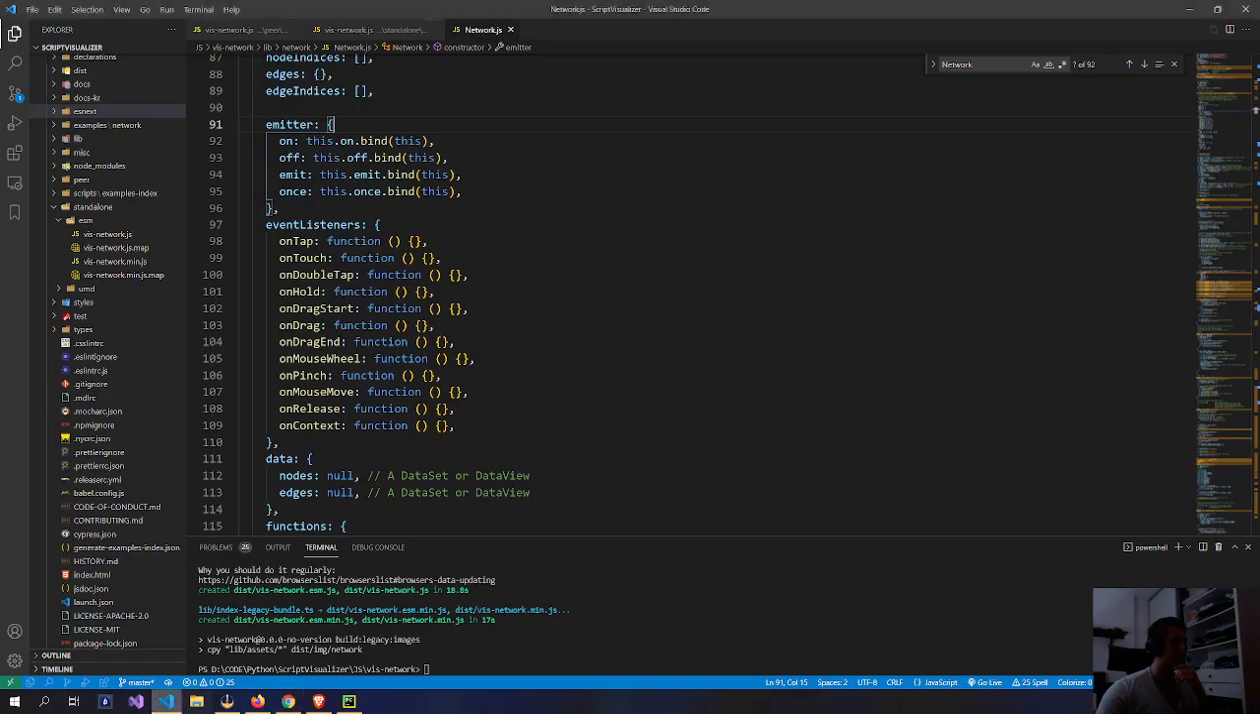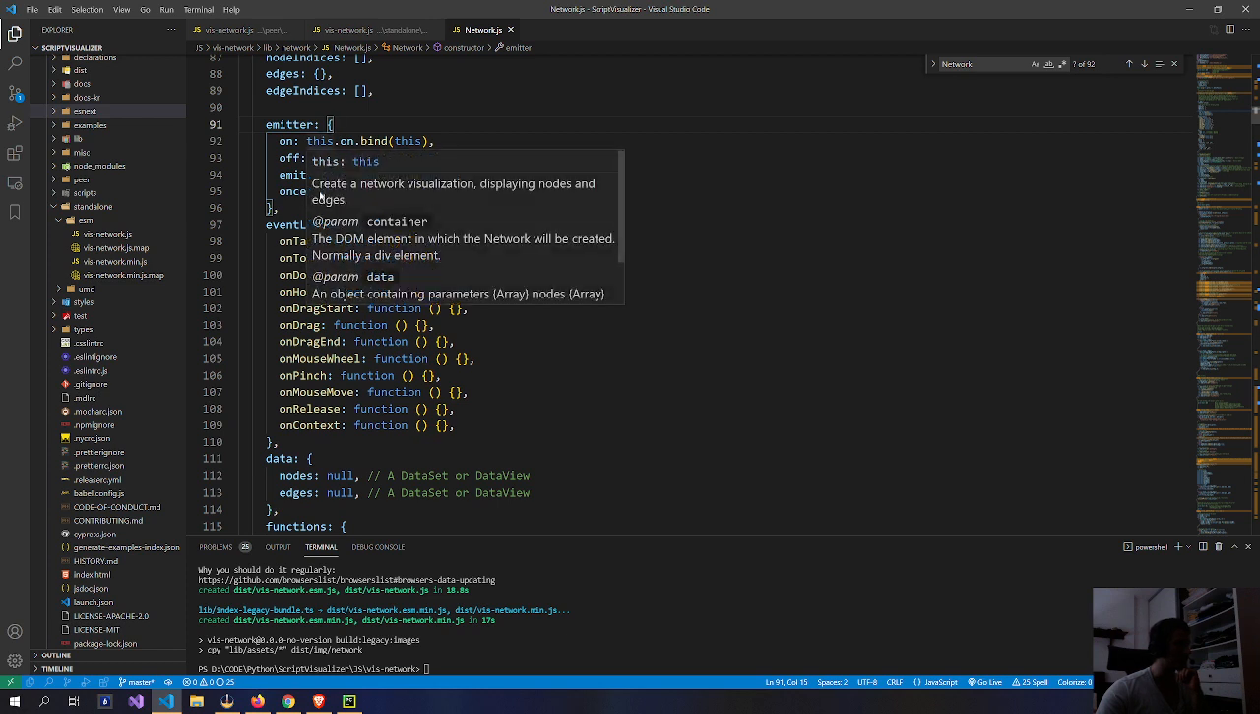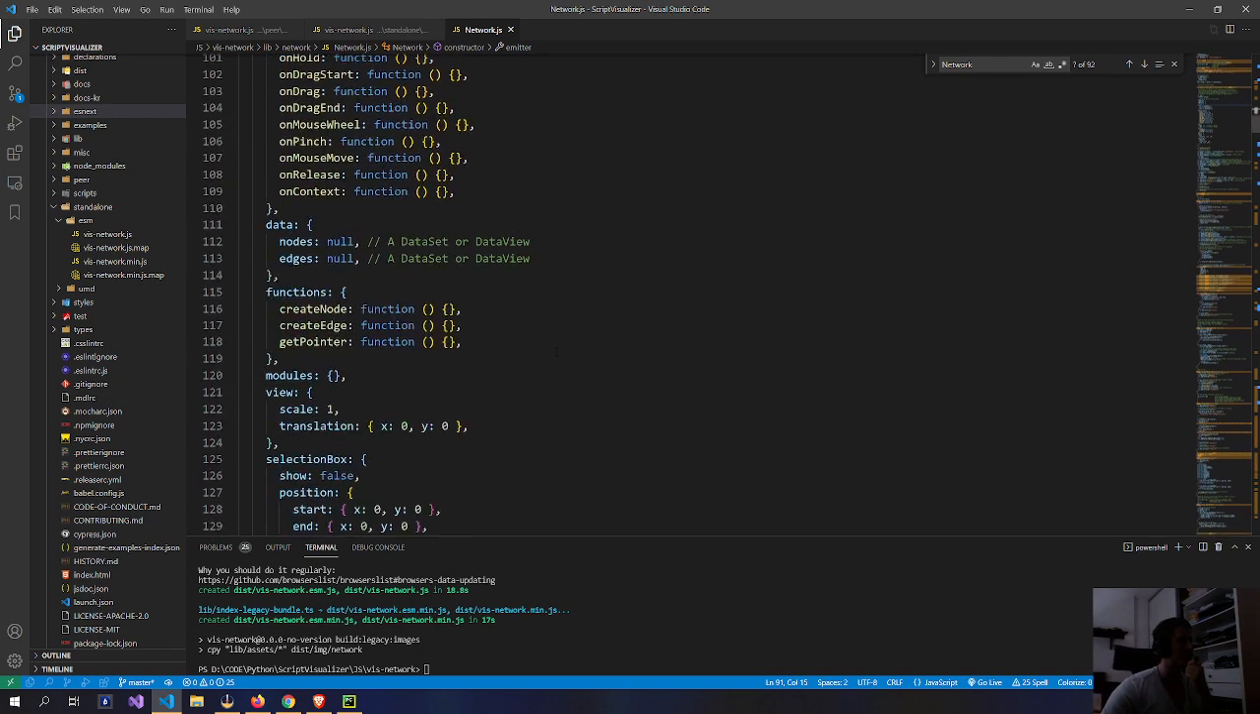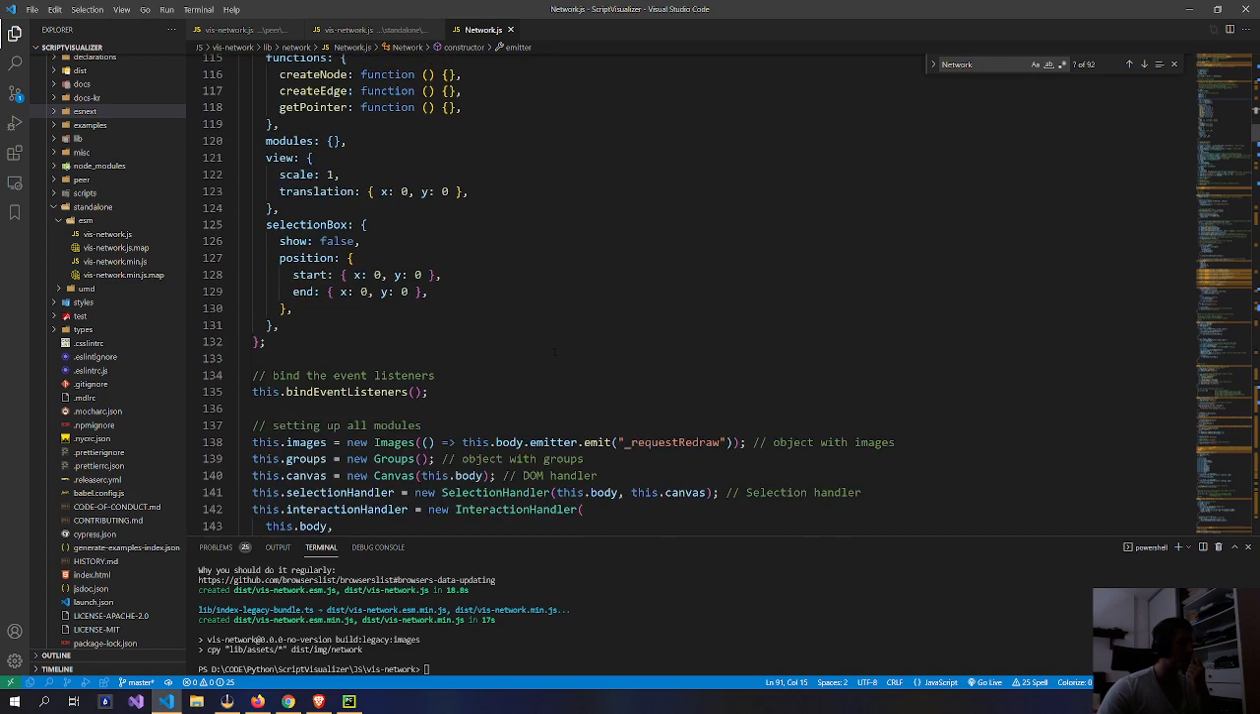Let's keep going on the code here. So here's just binding this stuff to the meter and initializing these event listeners as functions. If I press this,